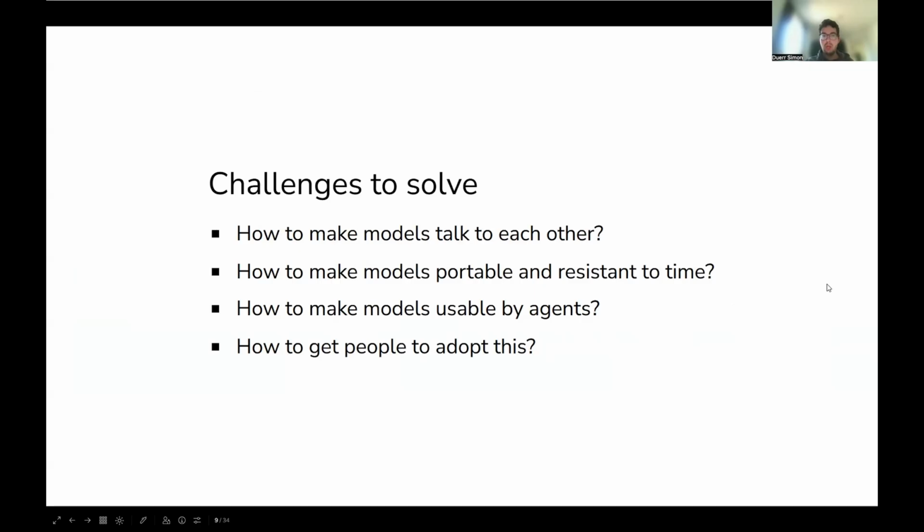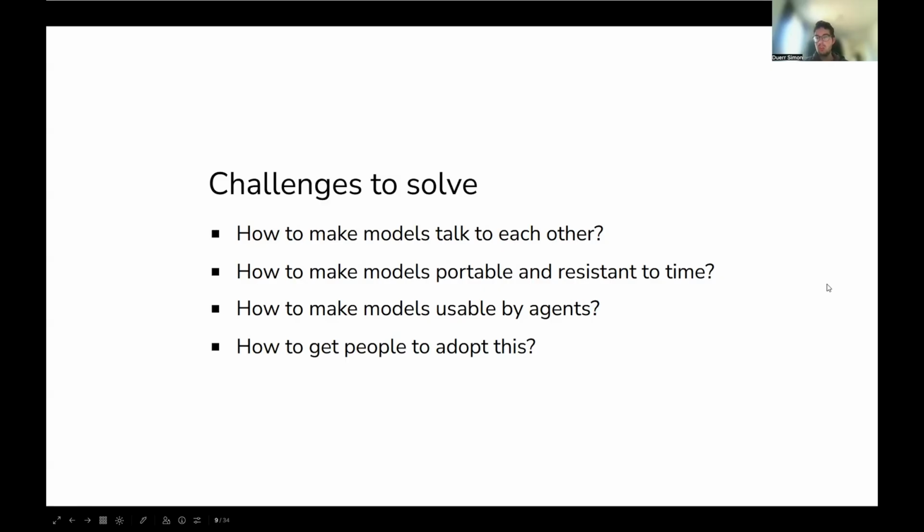How do we ensure that the models are portable and resistant to time? I'm not sure if people have tried to run, for example, ESMFold on modern, recent CUDA hardware, but at least I get some errors with this. We also have this problem that scientists really want our things to be reproducible. Maybe if it's 2030, I still want to be able to run ESMFold, and ideally I should not have to figure out how to make it install, but ideally I can reuse some portable install instructions that still work after a few years.